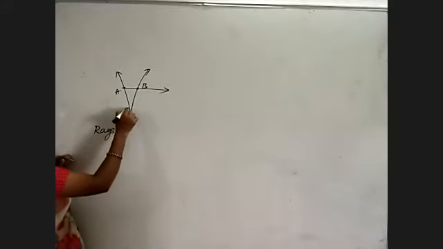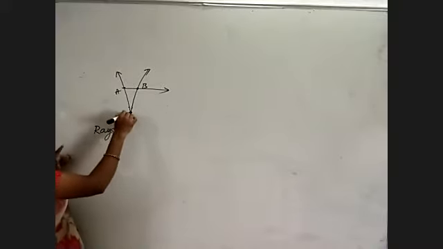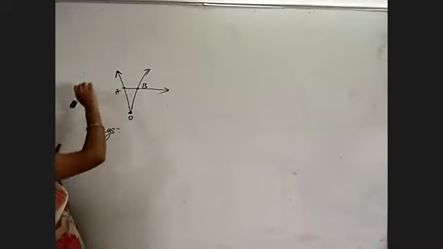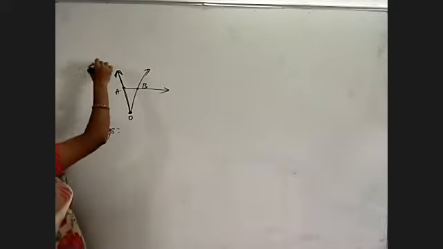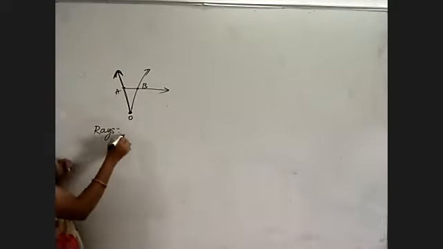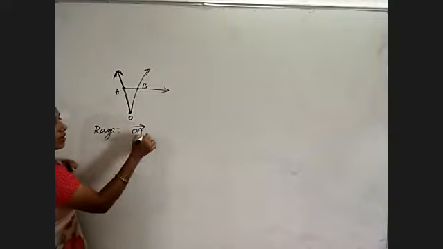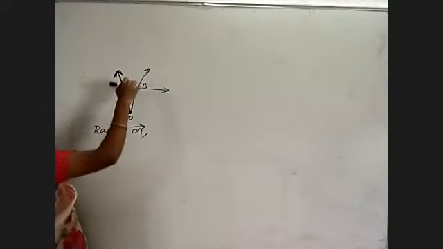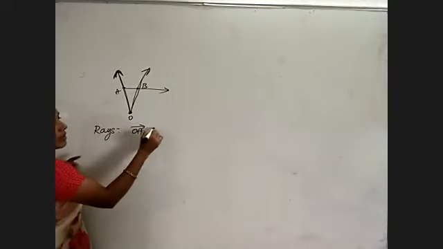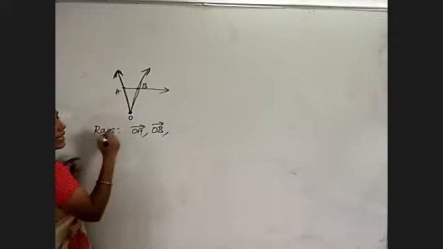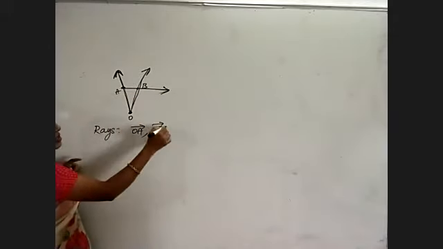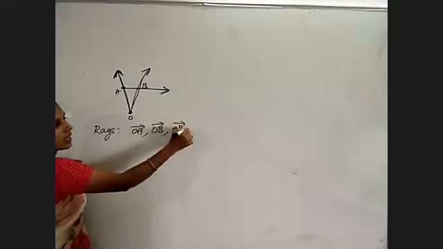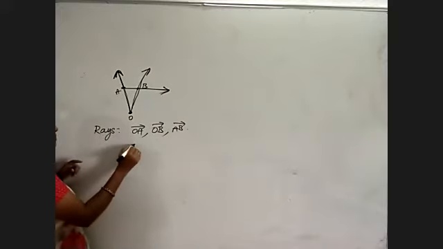See, a ray is nothing but the angle, wherever one starting point is there and the other side has no ending point. So OA, it is moving in A direction because the arrow is there. So my first ray is OA. Now this side OB, and just observe A to this side B. B side also is a ray. AB is a ray.